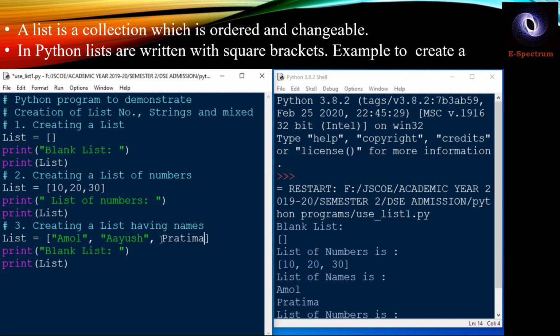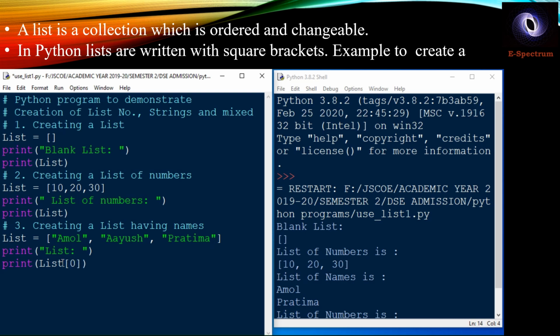In the first two examples, we have displayed all the elements which are present in the list. So let us display only a few elements which are present in the list. Let us display the first element and the last element. Now, how the indexing takes place in Python is that the first element gets the index 0, and it is sequential indexing. So if the first element has index 0, the second element has 1, the third element will be 2.